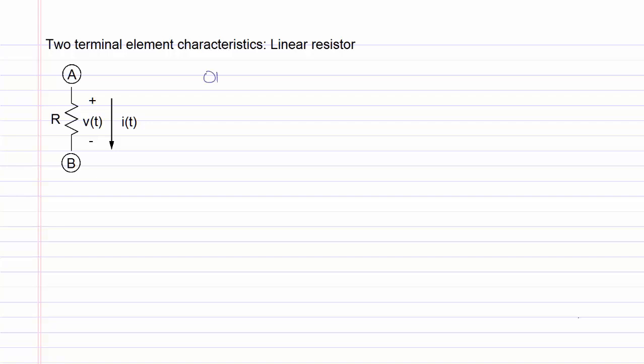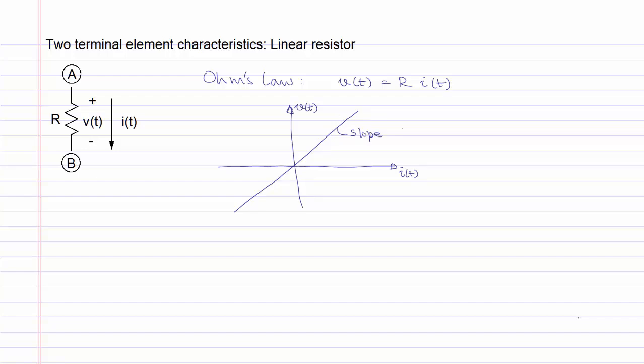The behavior of the resistor is defined by Ohm's law, which gives us that v(t) will be equal to R times i(t). If we were to draw this characteristic on a graph, where we have i(t) on the x-axis and v(t) on the y-axis, then the graph of the resistor will be a straight line through the origin as shown. The slope of this line, which will be equal to v(t) divided by i(t),